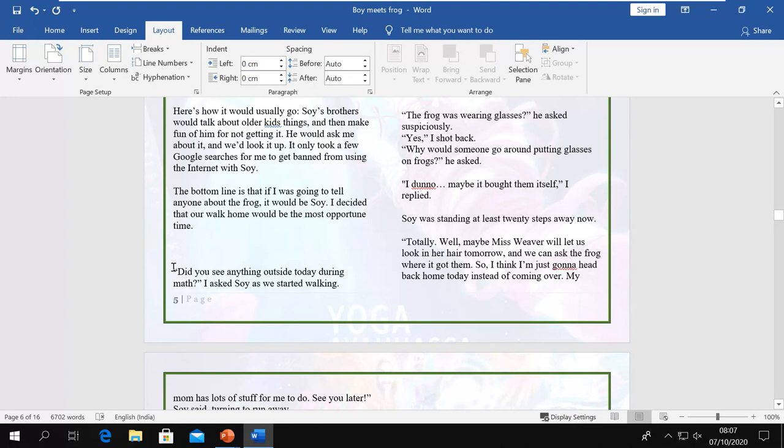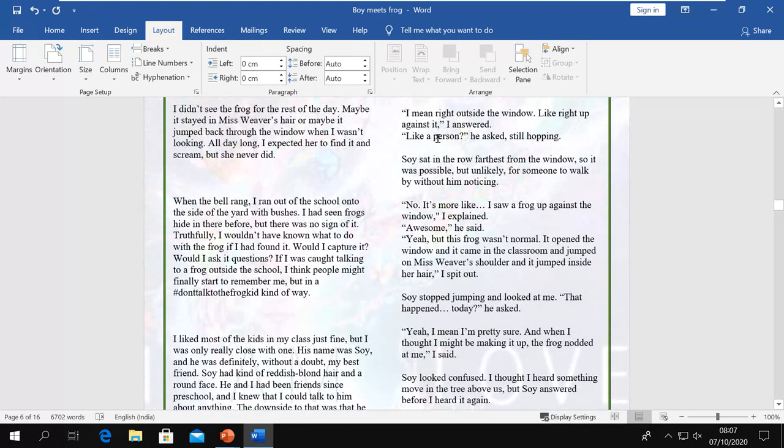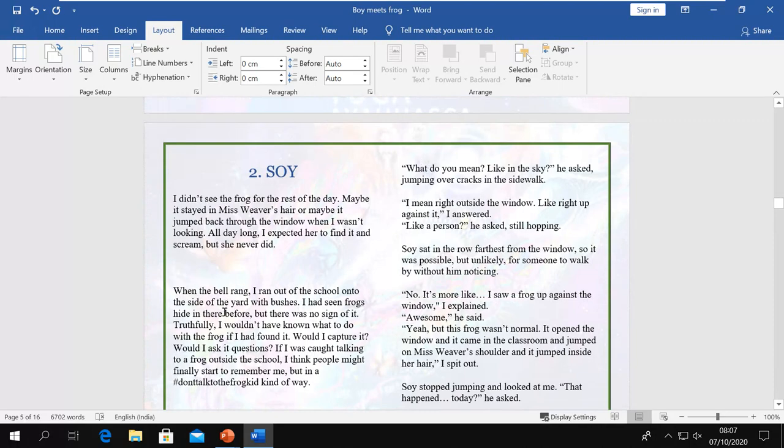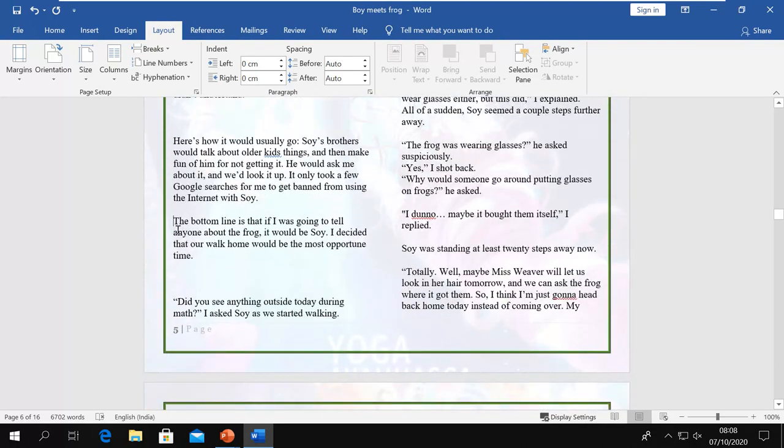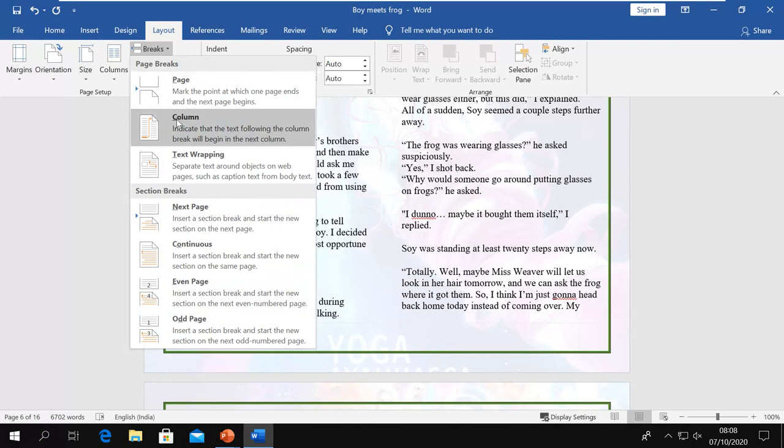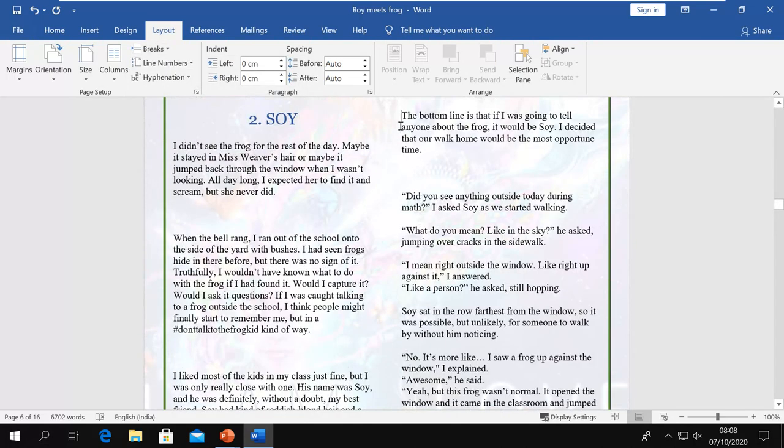Now this one is here. I want that this should start from the new column. That means it is going like this, and then it is starting from here. So I want that this paragraph should start from the next column. So I can put my insertion point there and then say break it from here, and now that paragraph is starting from the next column.